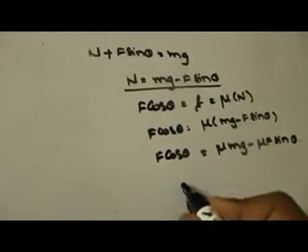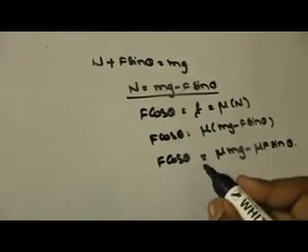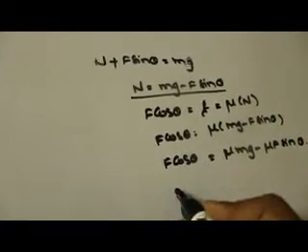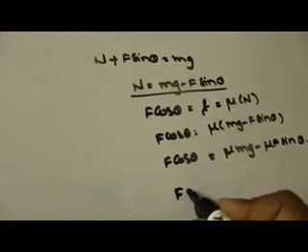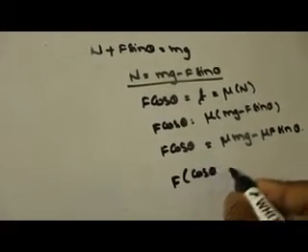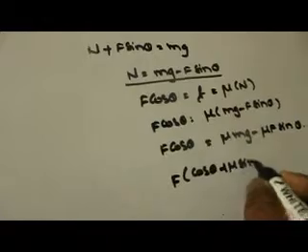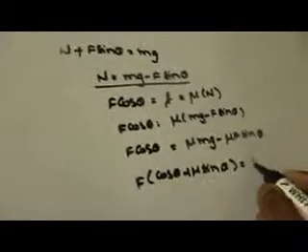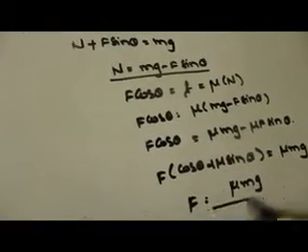From this, if I take mu F sin theta to this side, what will it be now? F times (cos theta plus mu sin theta) will be equal to mu mg, right? From this, what is the force? F is mu mg by cos theta plus mu sin theta,